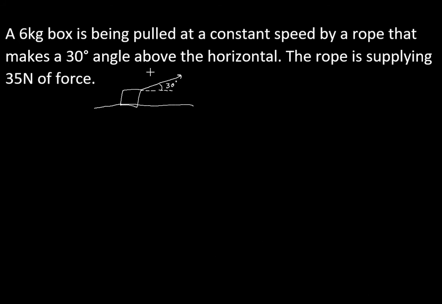It also tells us that the rope is supplying 35 newtons of force, so that means it is pulling with 35 newtons up and to the right. In this case, I decided that it was being pulled to the right. It doesn't specify one way or the other, so technically you could say that it's being pulled to the left. But since we read from left to right, a lot of people are more comfortable with objects moving to the right. So now that we've got our little picture done, I'm going to give myself a free body diagram,